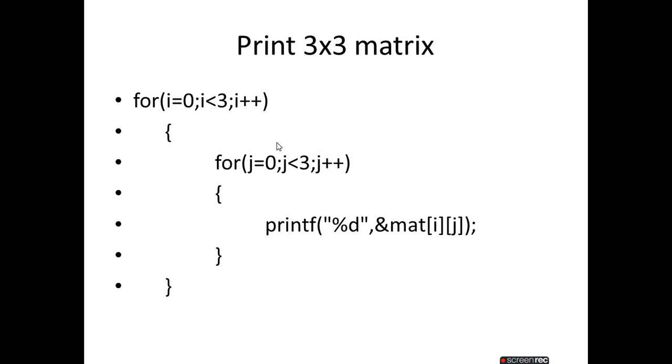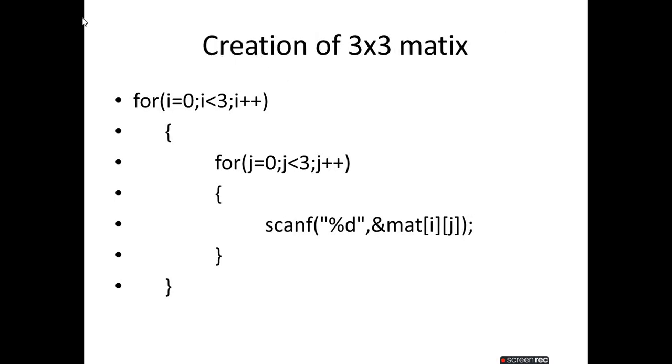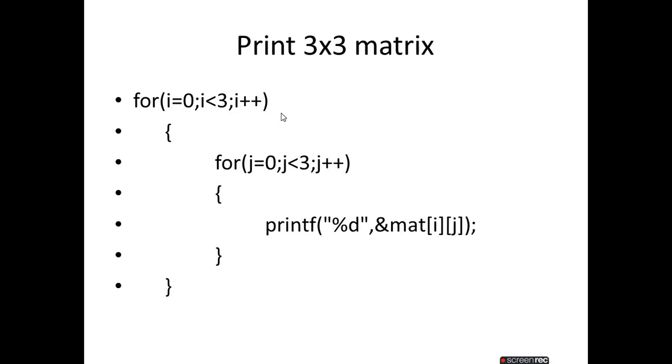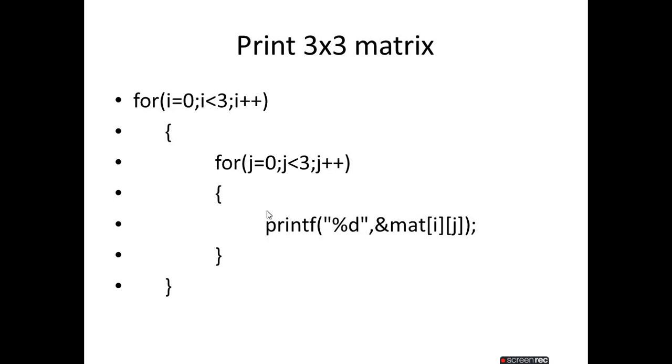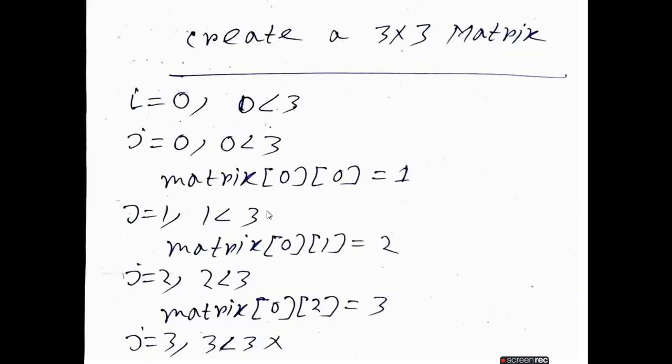That is basically the difference. I am trying to say that this is the creation method. If you observe clearly, you will find this is a printf statement. The algorithm is the same: you take the input using two for loops, just this scanf is for input, and this printf is for giving the output. That is basically the difference. So in the same way you can print it.